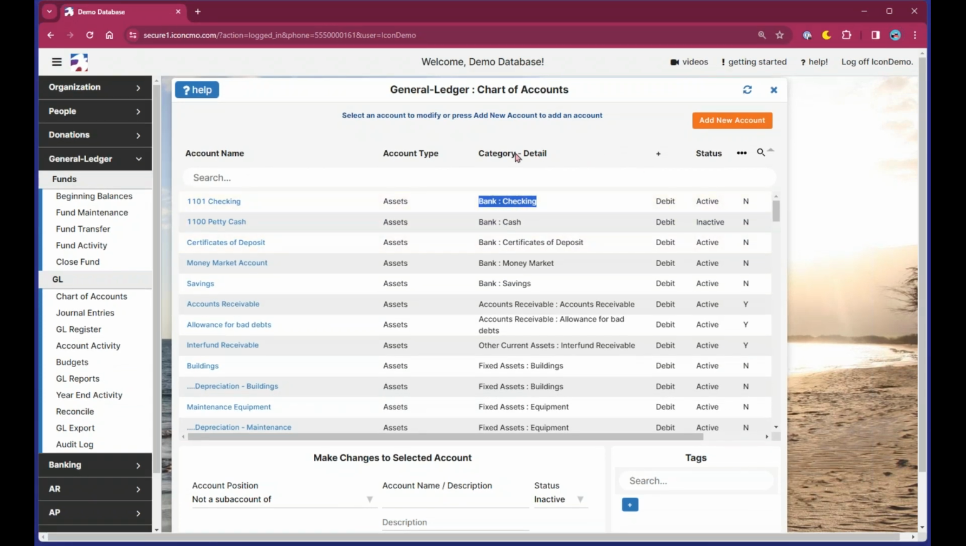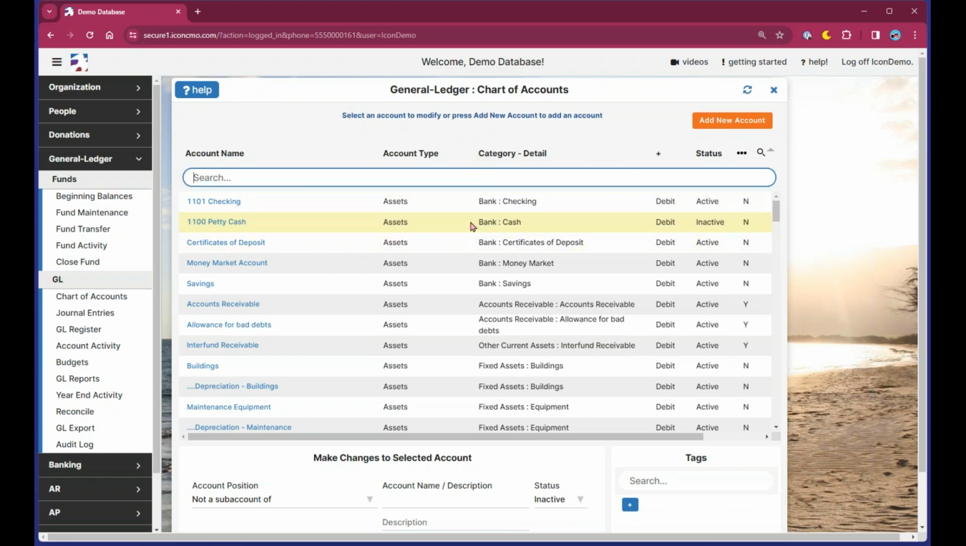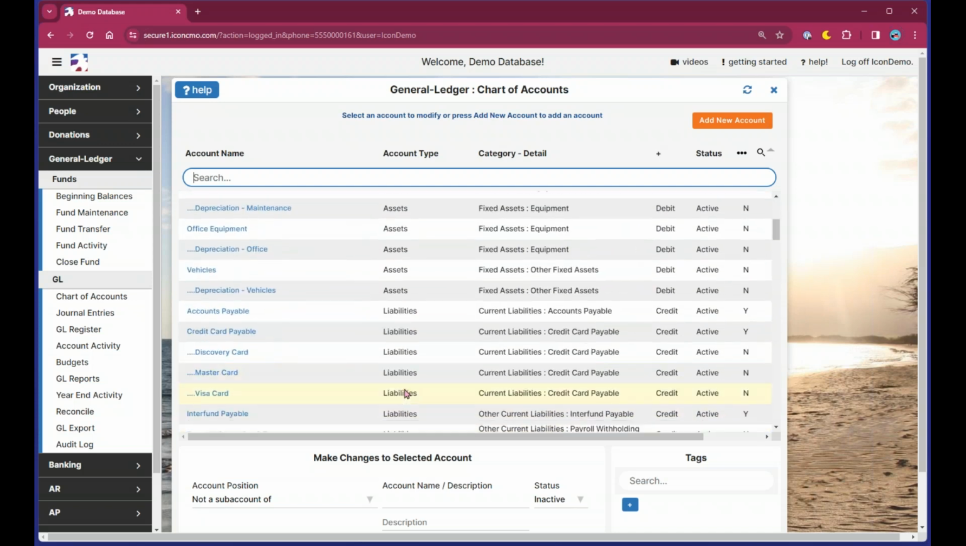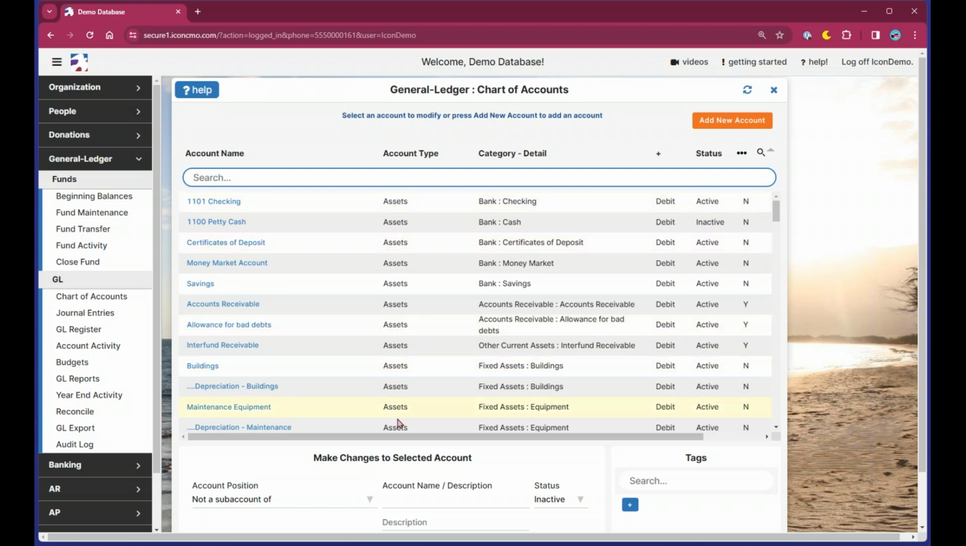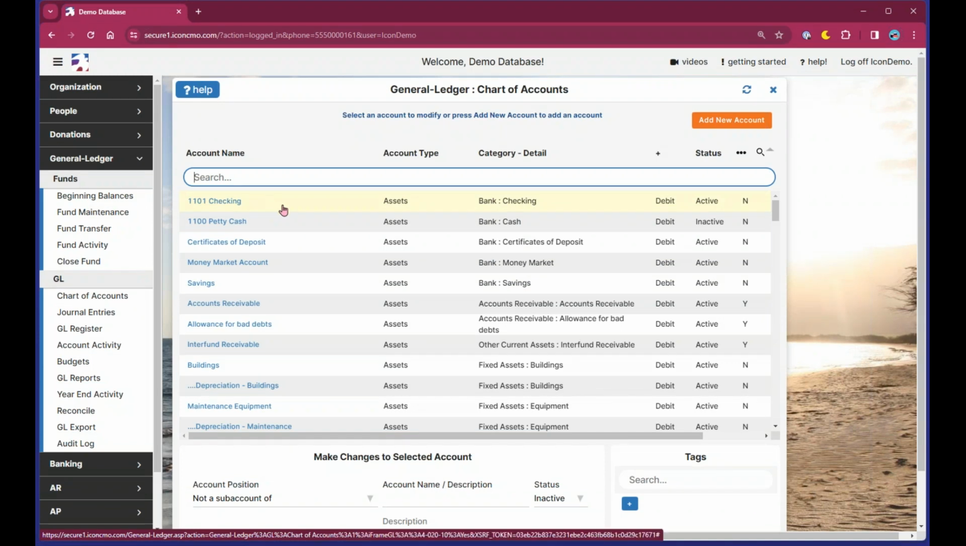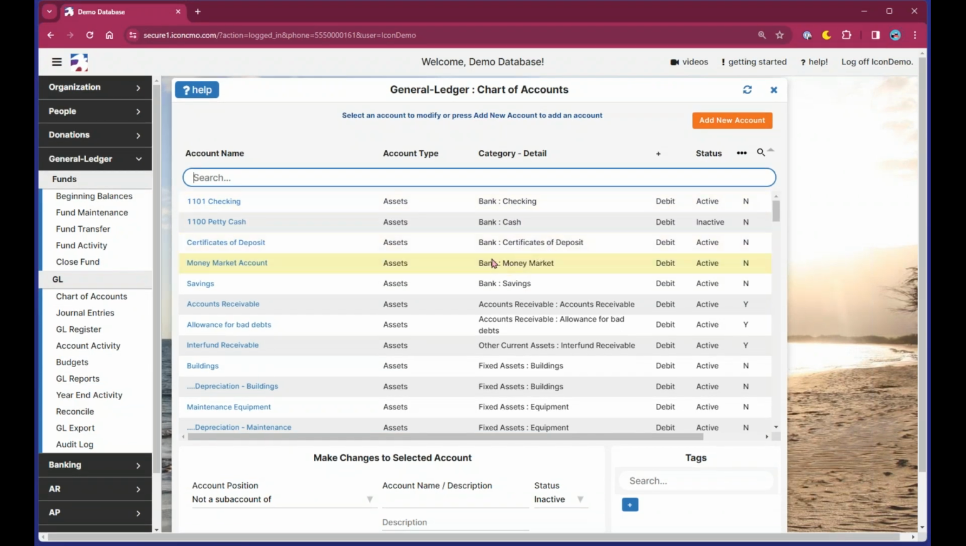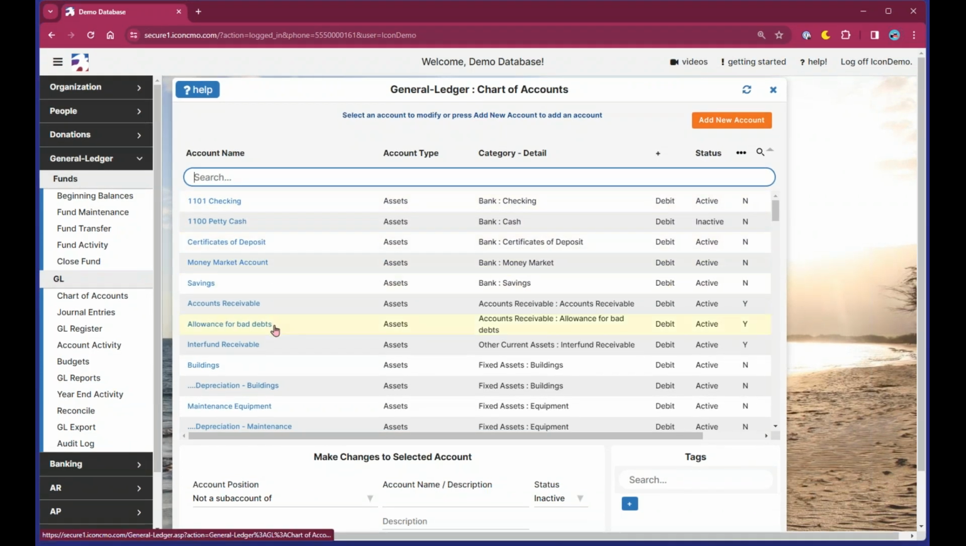So the chart of accounts is structured in a way that first it's going by account types. So all your assets are at the top, followed by liabilities, and then you'll have revenues and expenses. So it sorts by account type, and then it breaks it down to these different category details. And then within each of those, so if I had multiple checking accounts, it'll list those in alphabetical order. If I had multiple money market accounts, it'll list all of those in alphabetical order. Numerals